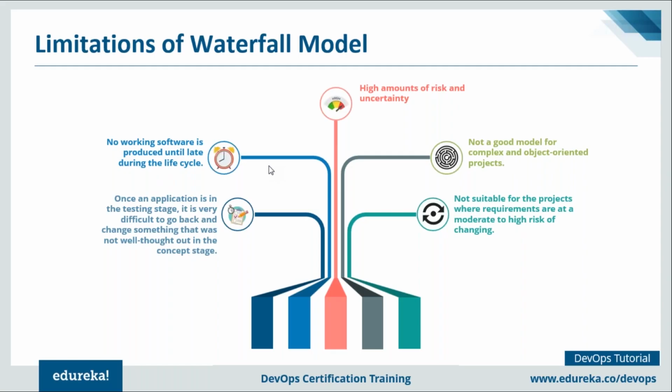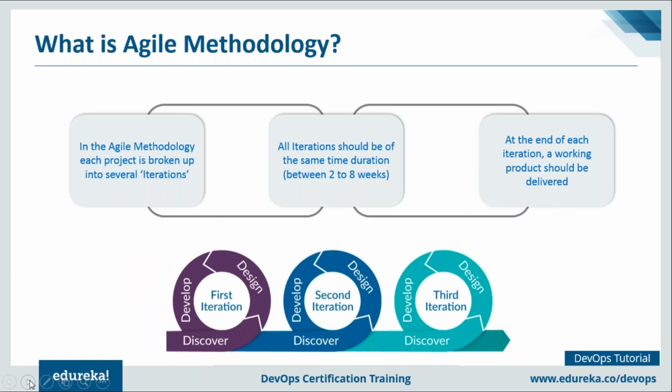All right, she's fine with the answer. Any other questions, any other doubts you have, guys, you can just go ahead and ask me. Fine. So there are no questions right now. So I hope we have understood what was the traditional waterfall model. What are the various limitations of this waterfall model? Now we are going to focus on the next methodology that is called the agile methodology.